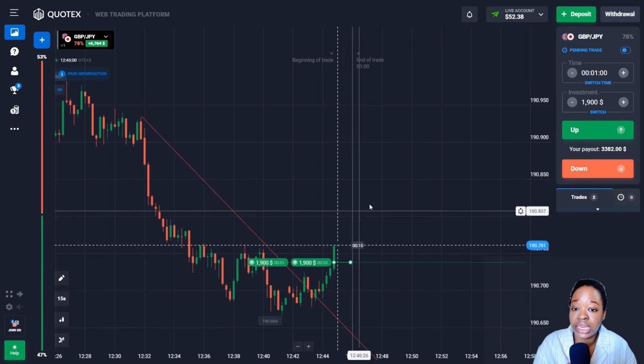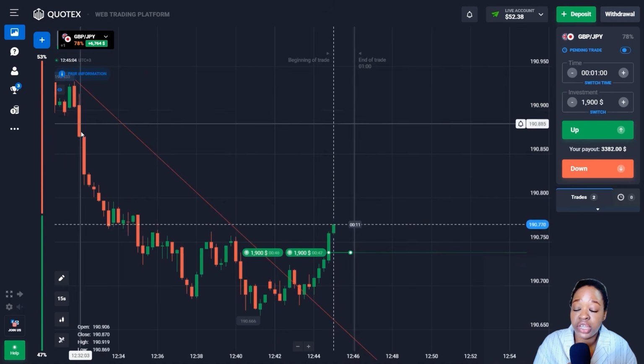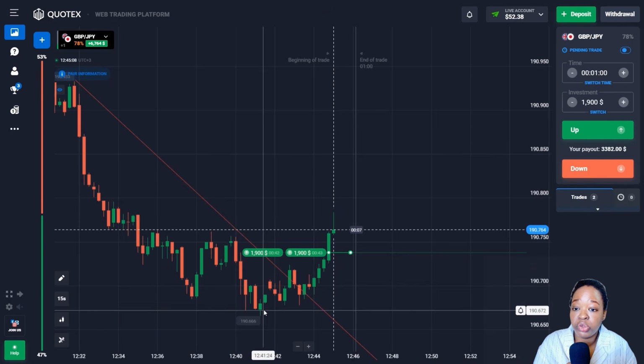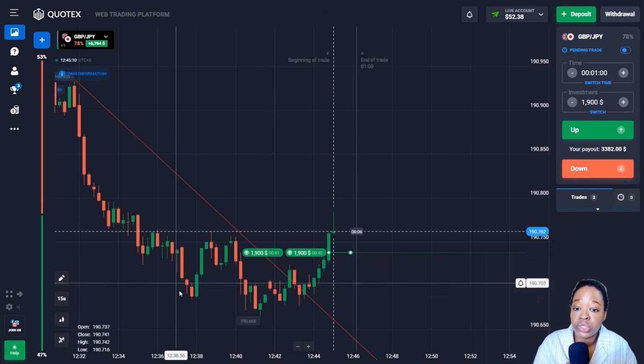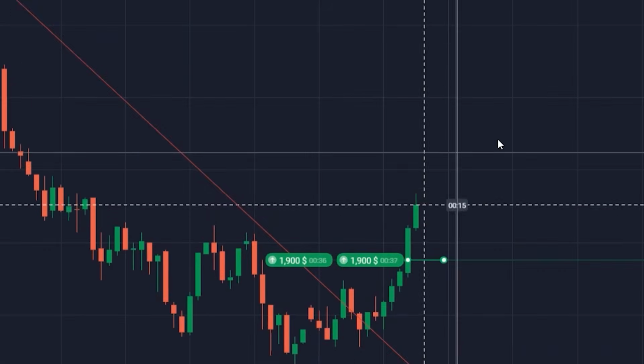Also, as you can see earlier, the price bounced down from this line several times, but now you can see that after a small trade and a breakthrough of the trend line, green candlesticks are formed on the chart, and as you can see now the price is already going above our entry point. Let's see how this deal will close.